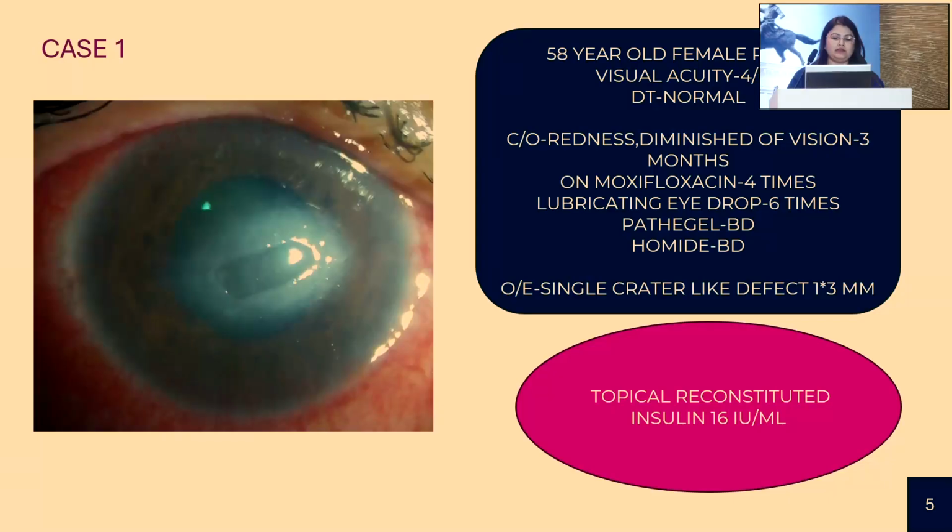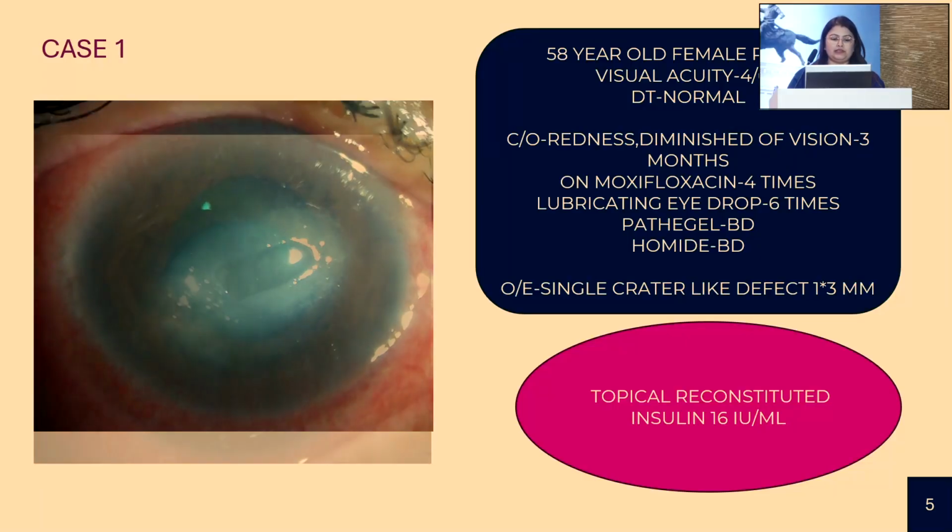So this was a case of a 58-year-old female patient with a visual acuity of 4/60. The digital tension was normal, and she complained of redness and diminished vision. The patient was already on moxifloxacin, a lubricating eye drop, pantogel, and homide. So what I did was I stopped the moxifloxacin for this patient and the pantogel also, because it was already 2 months. And I just started the patient on preservative-free artificial tears and topical reconstituted insulin, 16 international per